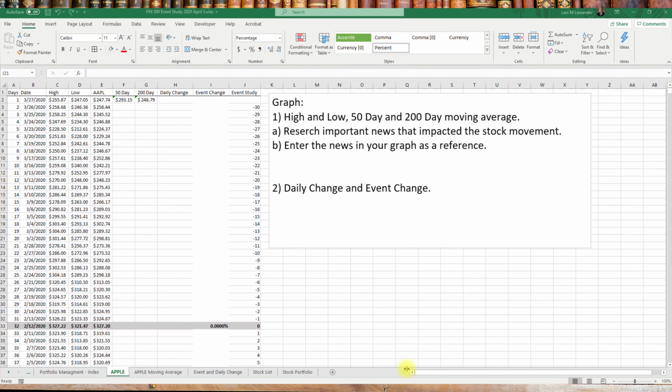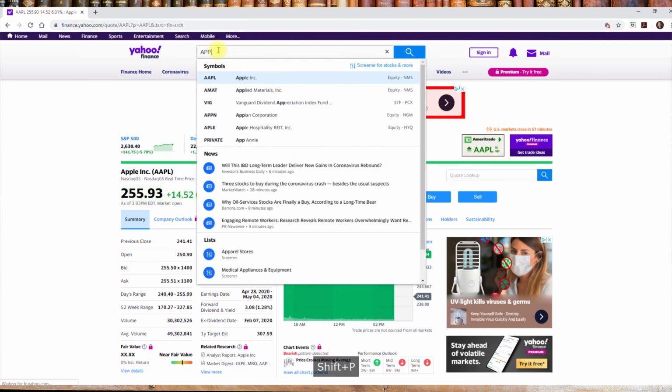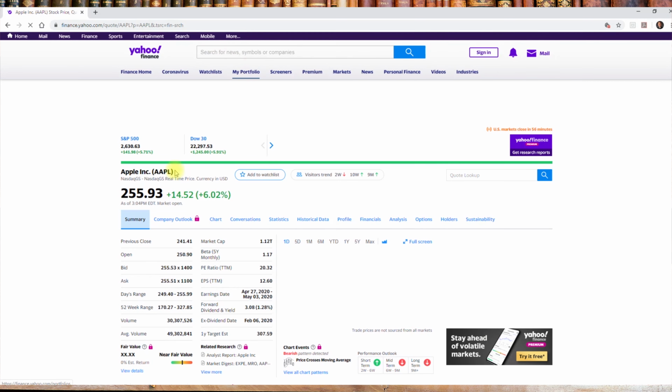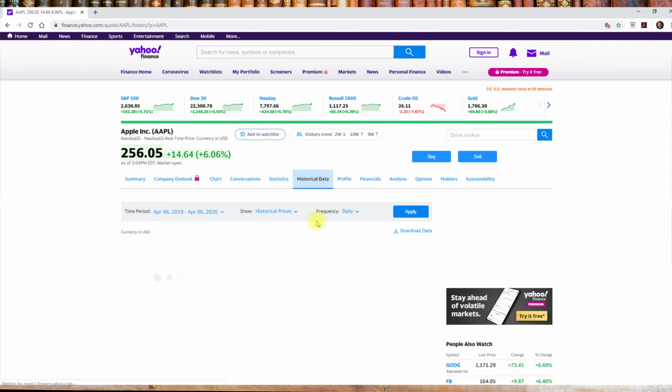The statistical data comes from Yahoo Finance. You'll need to enter the ticker symbol AAPL for Apple, go under historical data, and download the data in case you need to grab it for a different project. So here we are at yahoofinance.com, and you'll enter the ticker symbol AAPL. Click enter, you get up all the information on Apple, and in this case we're going to grab the historical data,